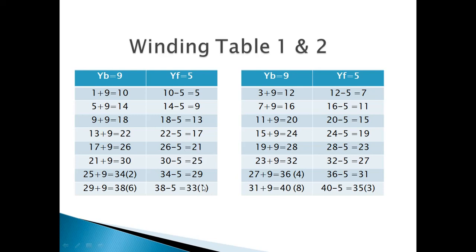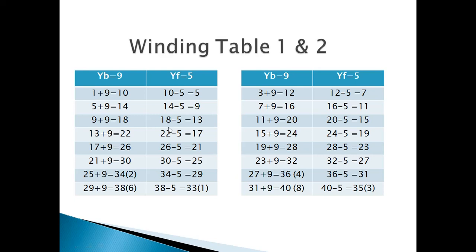So where exactly do I need to stop this winding table? When you get the first conductor at the front end. Here I am going to get the first conductor, and you can observe in this winding table that conductor number 3 is missing, conductor number 7 is missing, 3 missing, 7 missing, 11, the 11th conductor. So many conductors are missing in this. So in this winding table I am not able to cover all the 32 conductors.